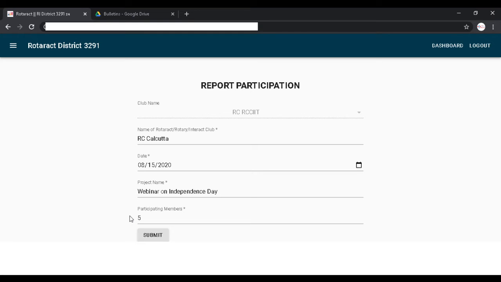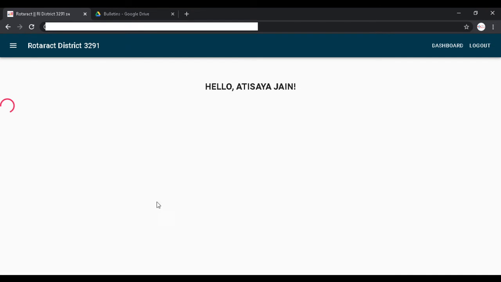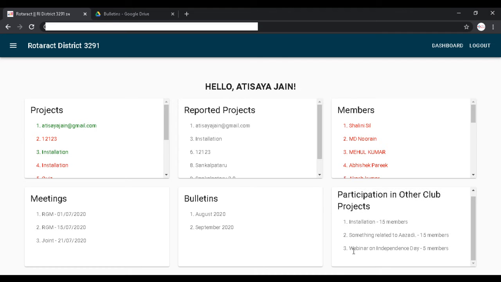So make sure all of this is done, and this is why reporting at both ends is absolutely necessary. Once this is done, just hit the submit button and wait a little. And now as you can see, we have reported participation in another club project, that is webinar on Independence Day, with 5 members.